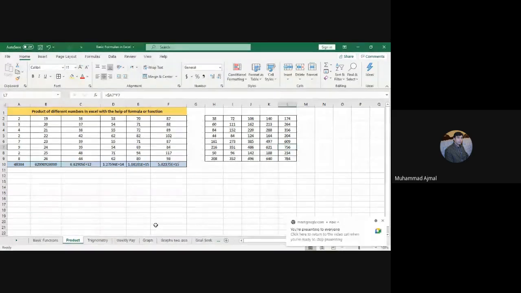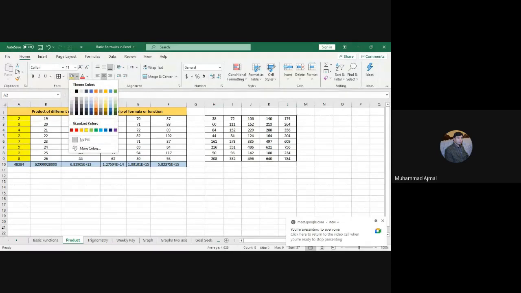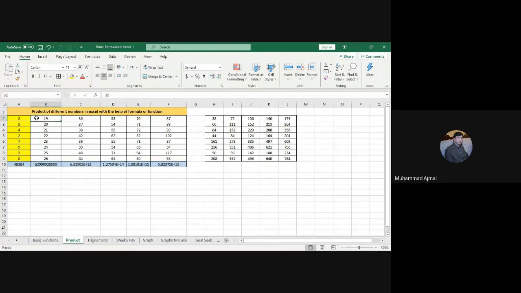ओके, यहां तक तो समझ आ गई. इफ आई वांट टू फिक्स, लेट मी चेंज द कलर ऑफ दिस ताकि यू कैन अंडरस्टैंड इट वेल. This yellow, the values in the yellow column, like in column A, those values which are in yellow, I am interested to multiply. For example, let me guide you properly. 2 multiply by 19 करना चाहता हूँ, and 2 multiply by 36 करना चाहता हूँ, and then I want 2